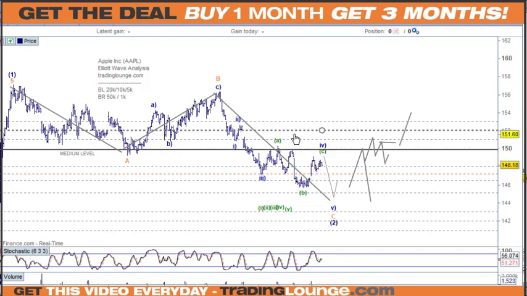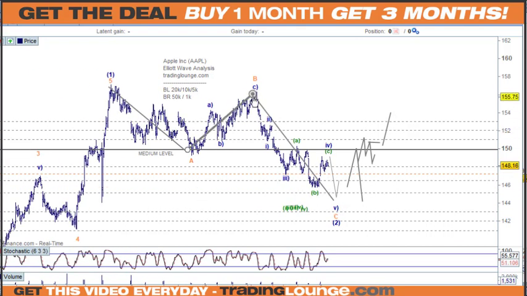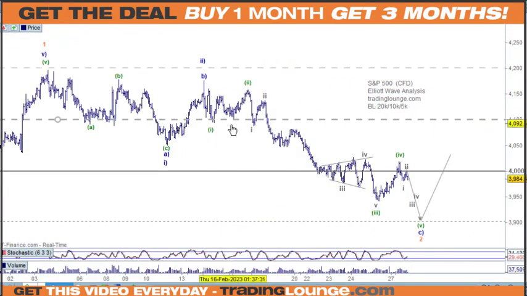Now this is a little bit complicated here, and you could count it in a different way. I totally understand that, but we'll just see how it goes. It's just difficult to call this a wave 2 here. When we look at this market, to call this a wave 2, I'll probably go with Apple, but it's doable. If we do call it wave 1 and 2 here, then we'll end up getting 2